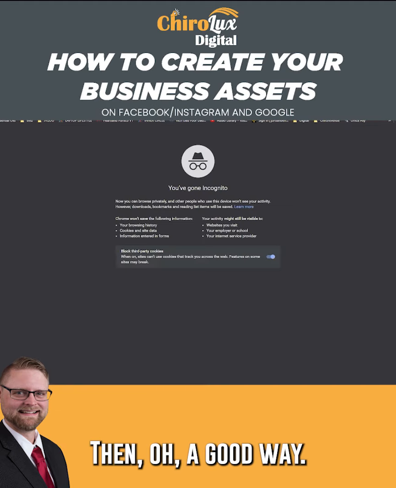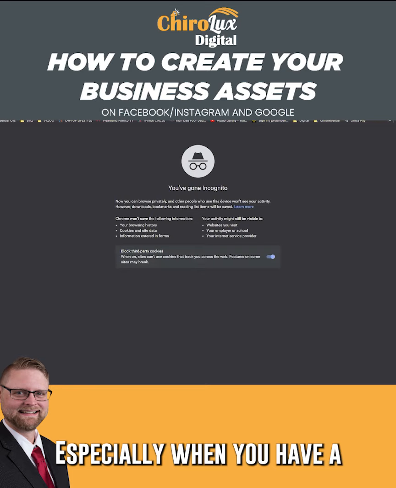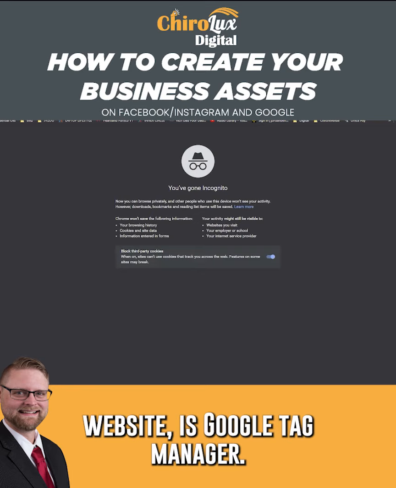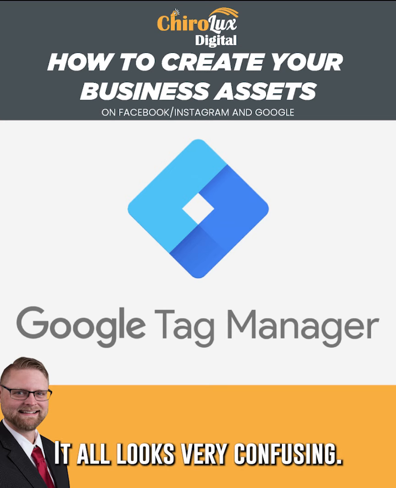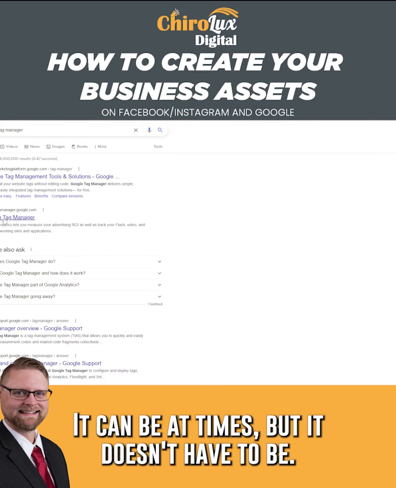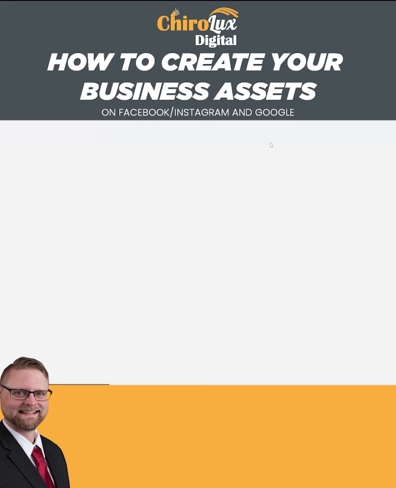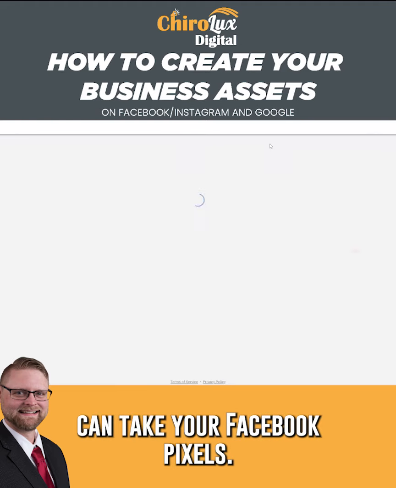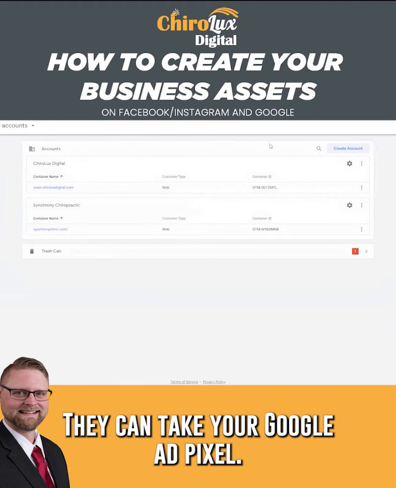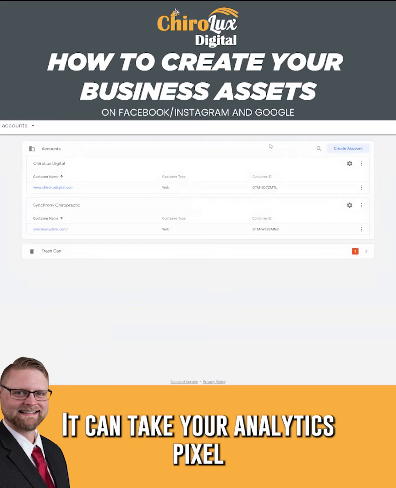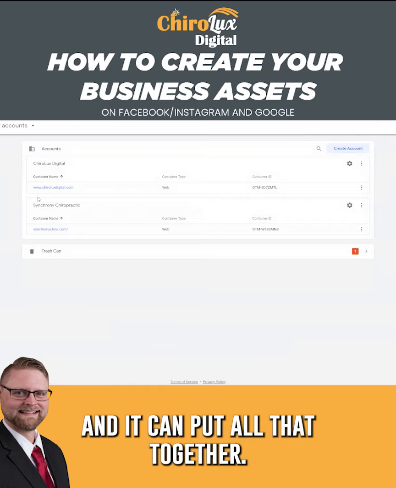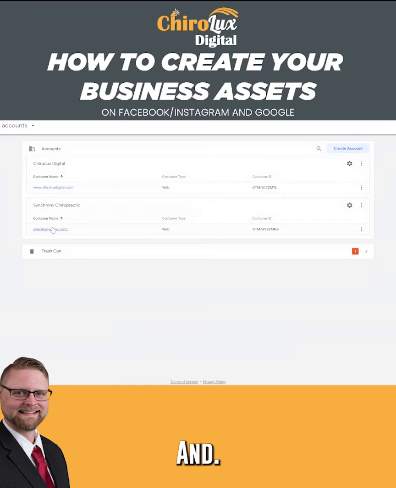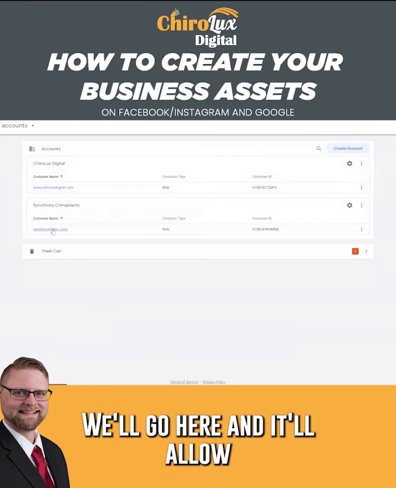Then a good way, especially when you have a website, is Google Tag Manager. It all looks very confusing. It can be at times, but it doesn't have to be. So Google Tag Manager can take your Facebook pixels, it can take your Google Ads pixel, it can take your Analytics pixel, and it can put all of that together and look here,